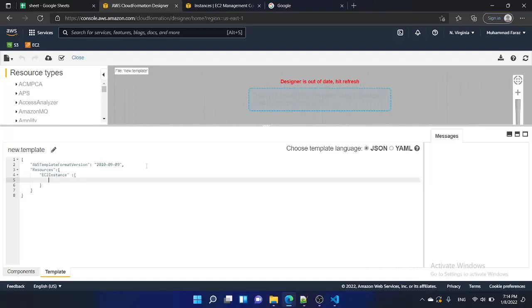Inside the block of the EC2 instance, we need to provide the type of resource we need to create. The type would be